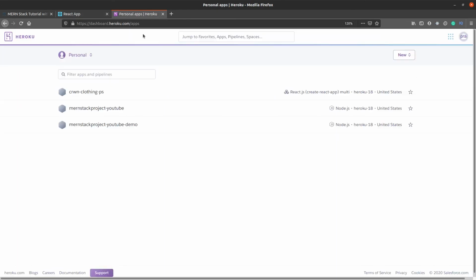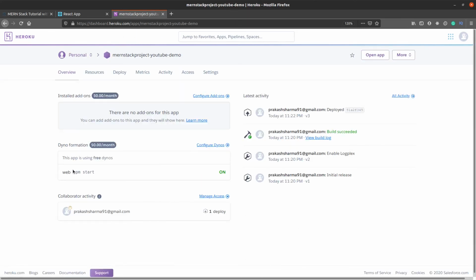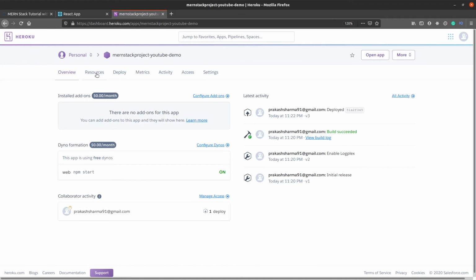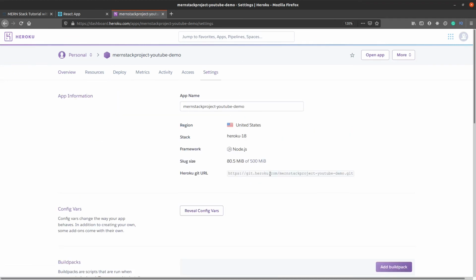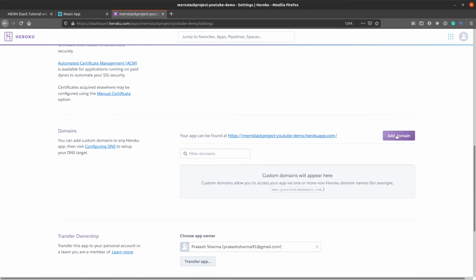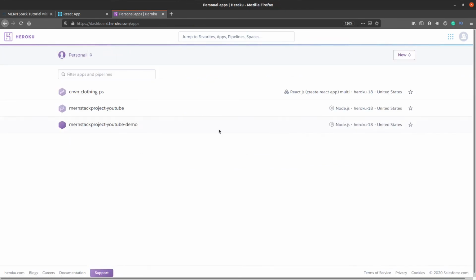I also told you that I'll show you how to use your own domain name. You can just log into the Heroku website, and you can see your projects here. Okay, this is the project that we just built, and in the settings I think you will be able to use your own website, so you can add your own custom domain here. Okay, all right, I think that's all from the video series.